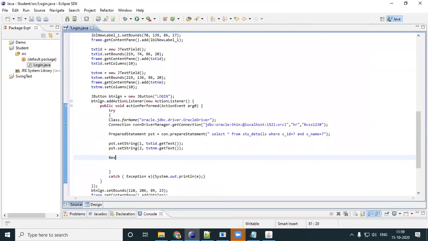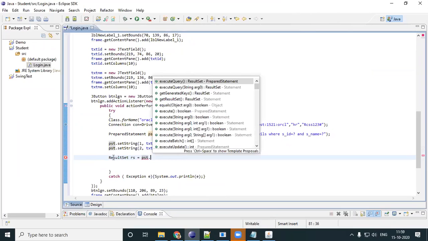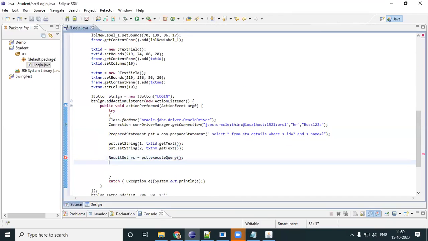Very simple. I'll create a result set to run the query. Result set rs is equal to pst dot execute query. Okay, I'm executing the query. I'm executing which query?